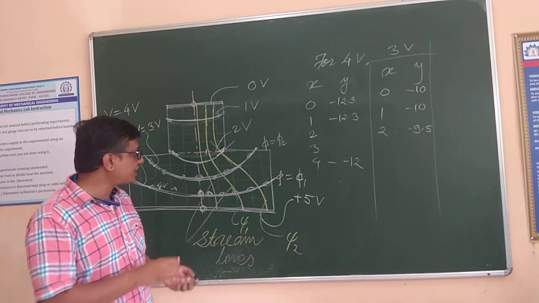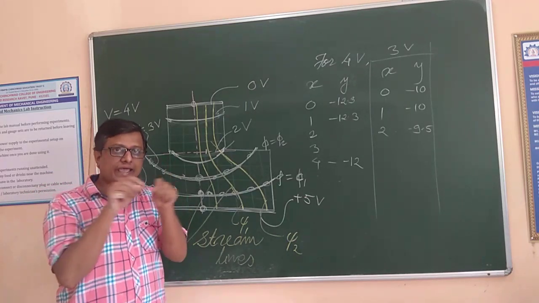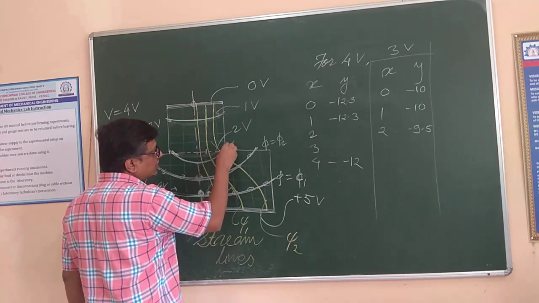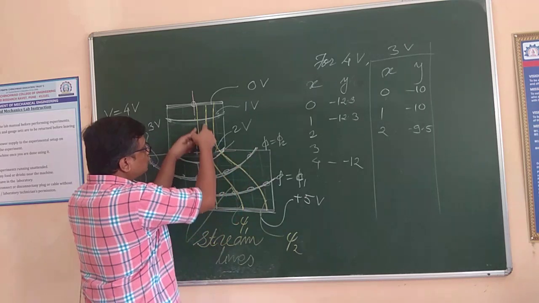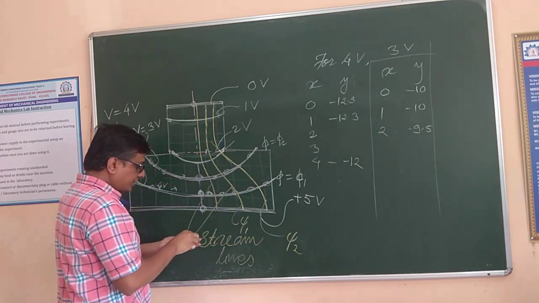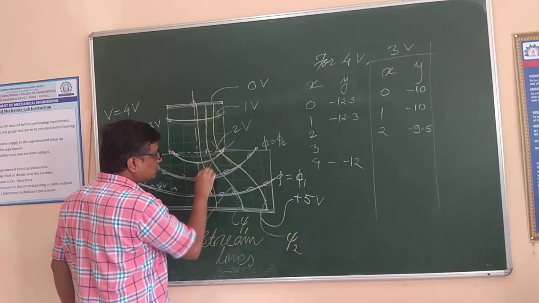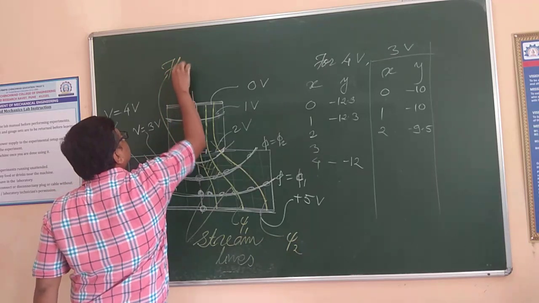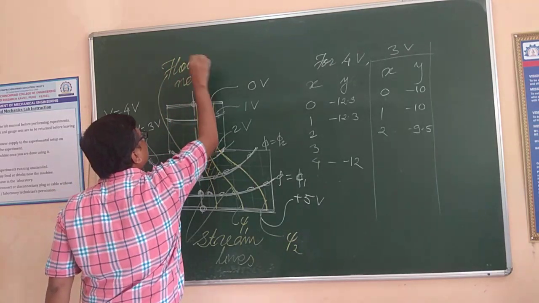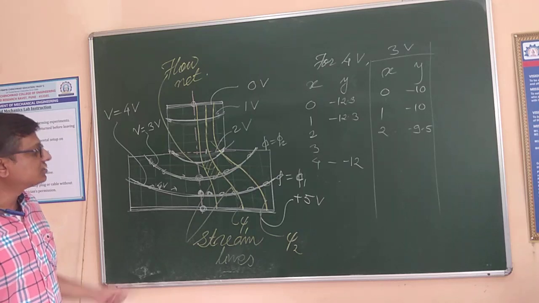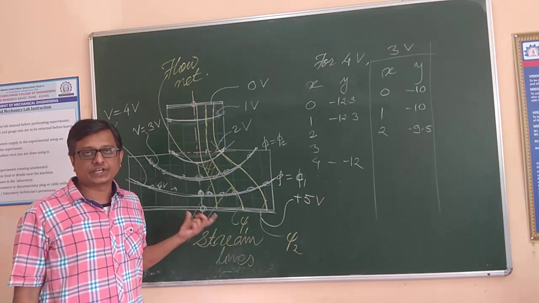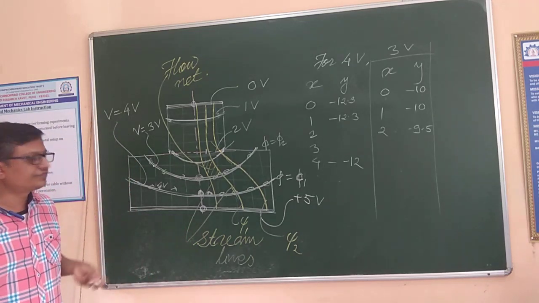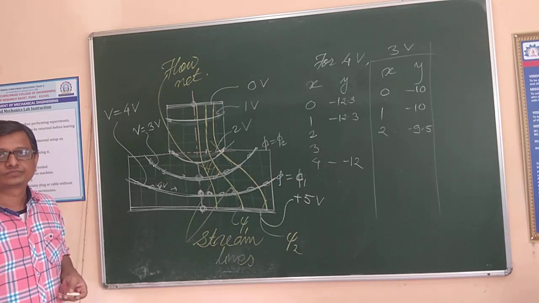And if we check the smaller area enclosed by these curves, for example, this is one equipotential curve and this is another equipotential curve, and these are two streamlines, or say the constant stream function curves, the area enclosed by this is known as the flow net. This is known as the flow net of the fluid flow, right? So this curve you are supposed to obtain with the aid of the electrical analogy. I hope everything is clear to you. In case you have any doubt, feel free to ask me at any time, anywhere. Thank you.